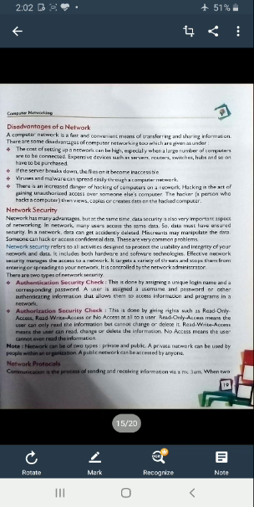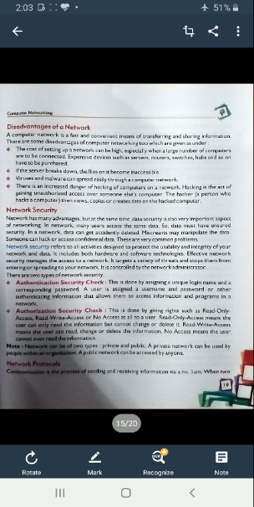Network security refers to all activity designed to protect the usability and integrity of your network and data. It includes both hardware and software technology. Effective network security manages access to a network. It targets a variety of threats and stops them from entering or spreading on your network. It is controlled by the network administrator. Network security is designed to secure the data in the server and in the flowing network.